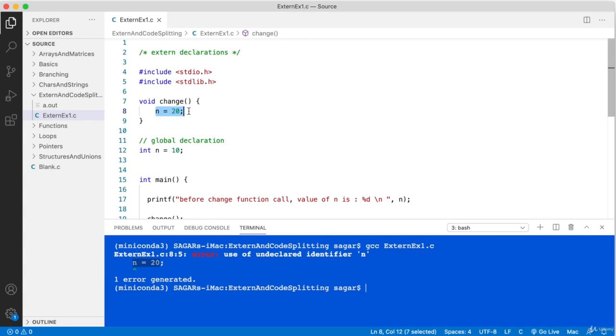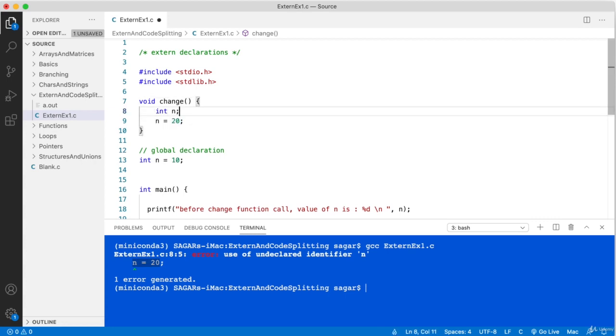In order to inform the compiler that this variable is of type integer, you need to say int n. You are saying that n is an integer, but unfortunately, this makes it a local variable. So we want to refer to a global declaration. So what we need to do is make it extern.